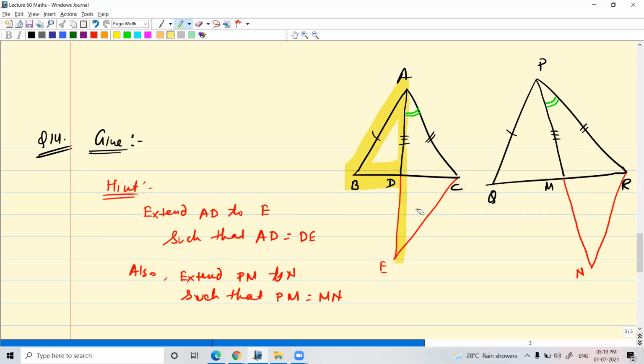So try to think why they will be congruent, what congruence rule will apply here. So those things you will try to think. And in exactly the same way, this triangle here will be congruent to this triangle. So these two triangles are congruent. Find out how, and then use that condition to prove that